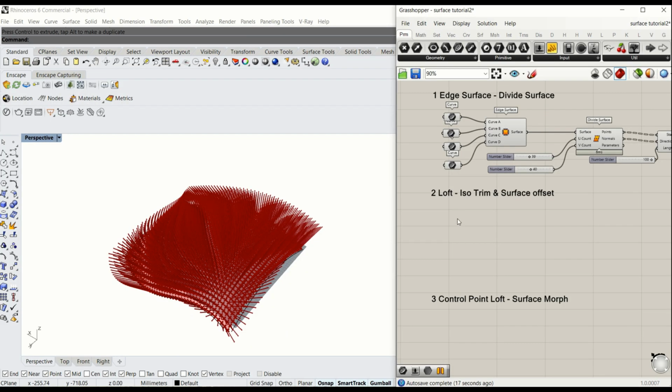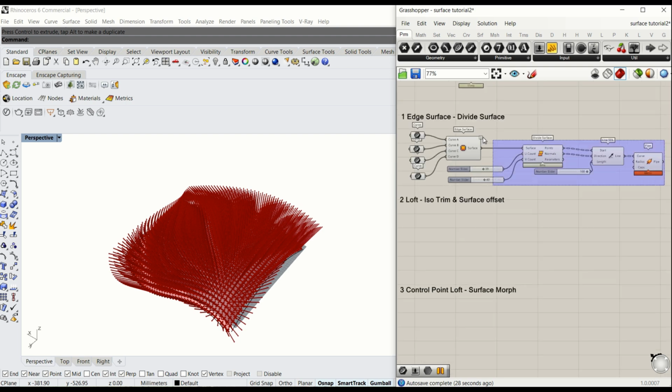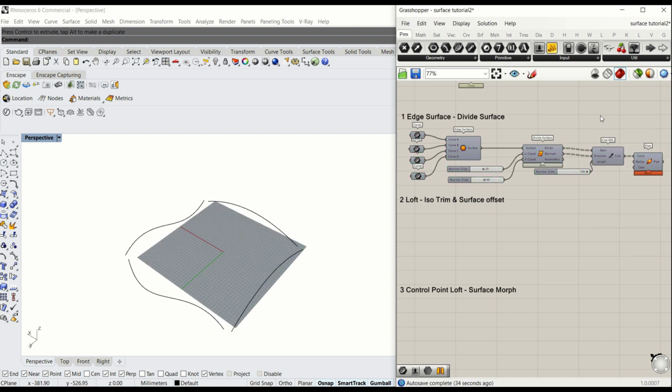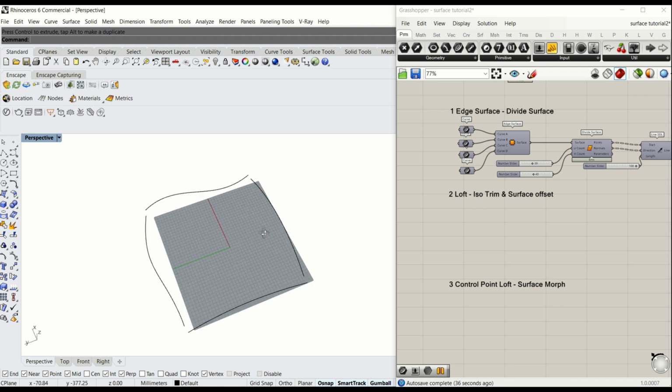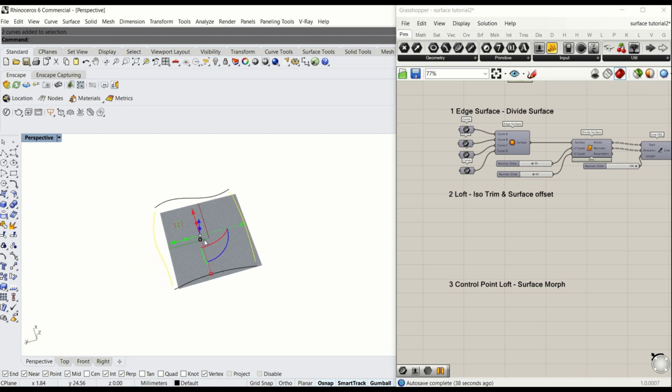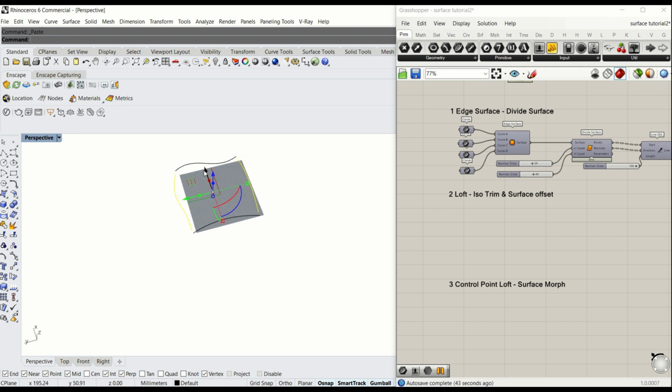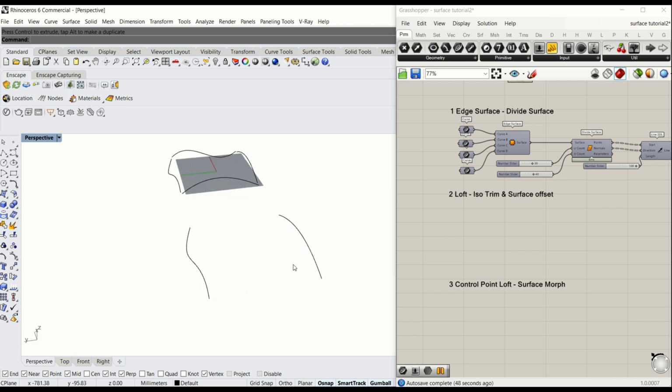This is the loft type surface, and we're going to use isotrim and surface offset to give a bit of interesting effects on the surface. I will hide this first node, turn preview off, and I'll borrow these two curves, copy and paste, and move it across, and I'll create an intermediate